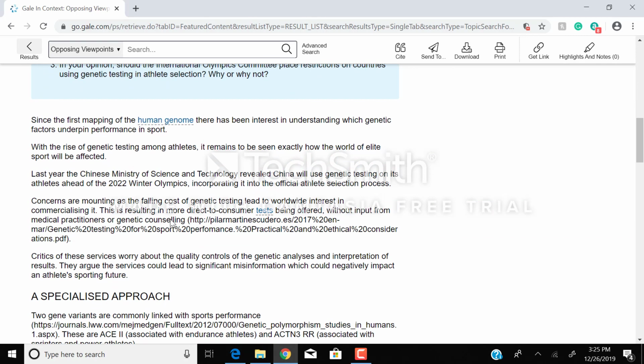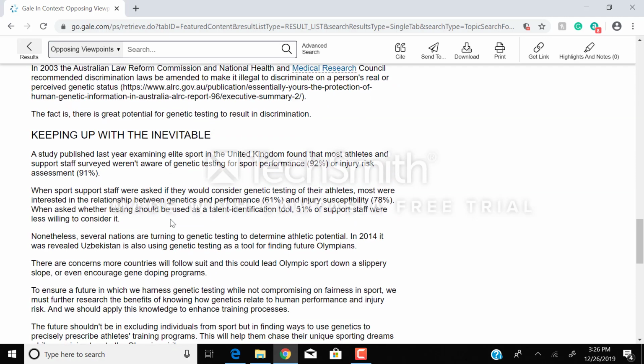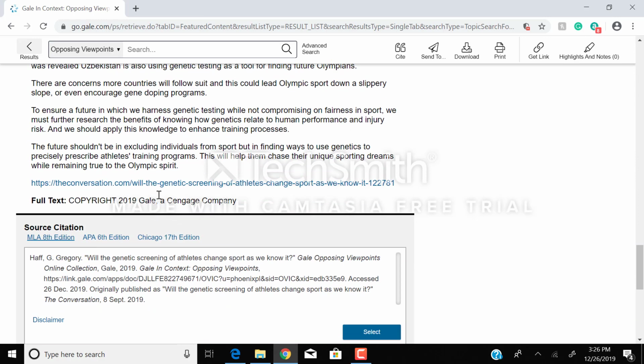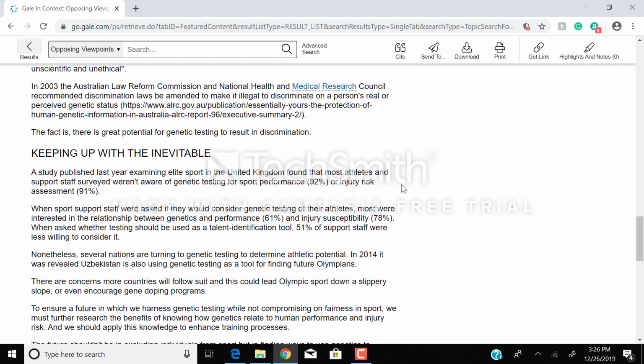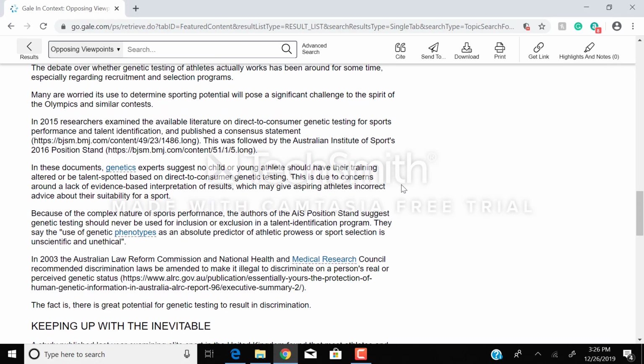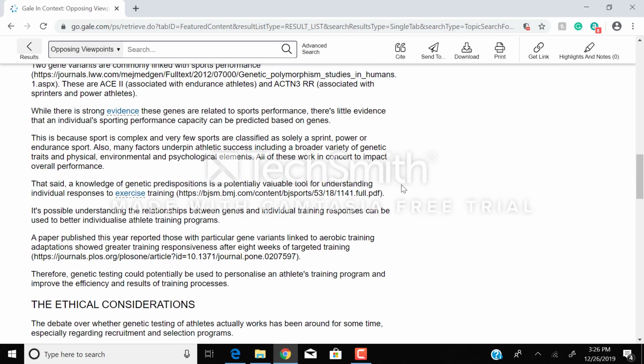When you look here, tell if you can see anything about the date. Here we see the article down here. We can see it's from 2019. So it's definitely current, and because we're dealing with a science topic, we definitely need it to be more current. Now we're going to talk about the R, which was reliability.